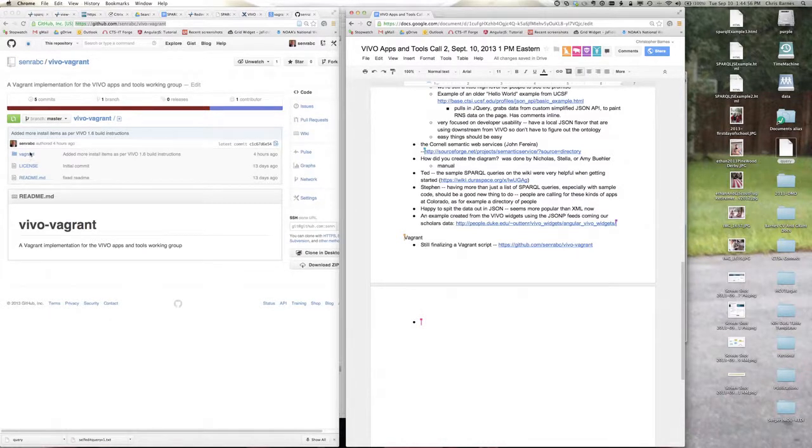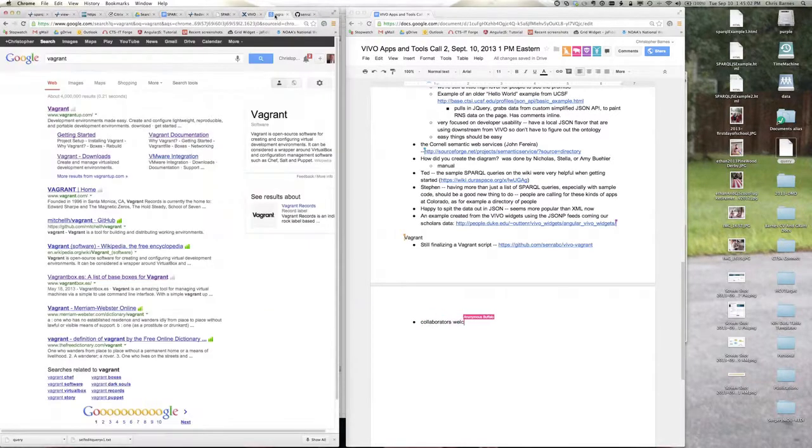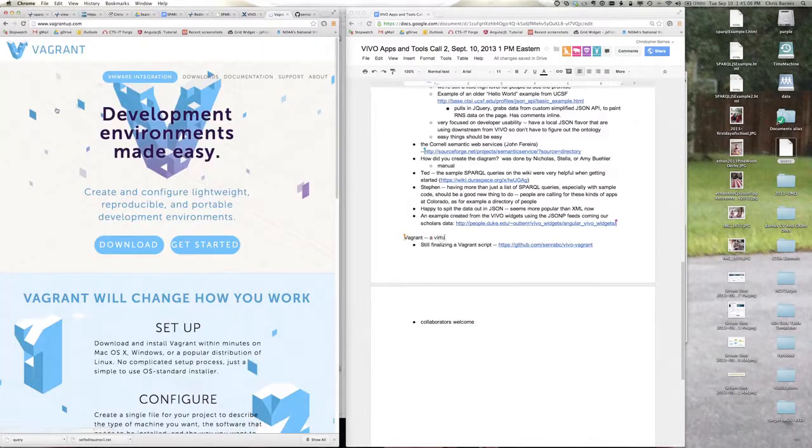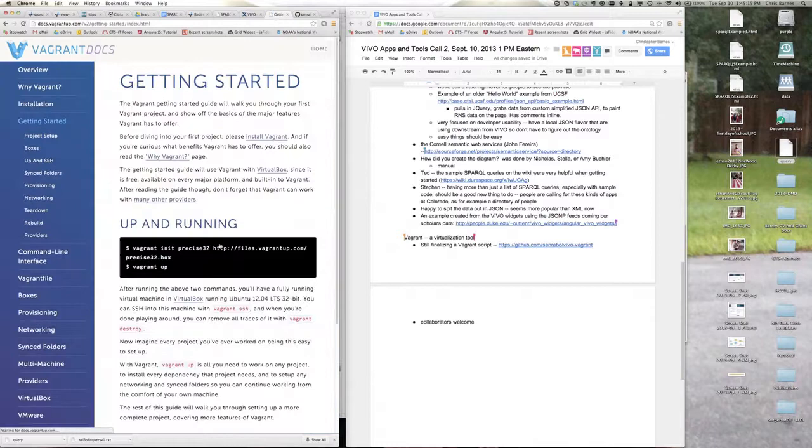Basically, Vagrant is a virtualization tool, and it's not really new, but it's new to us. We've started using it in our development work for our team down here. We used to use a lot of virtualization, like you guys probably do, with VirtualBox and VMware.